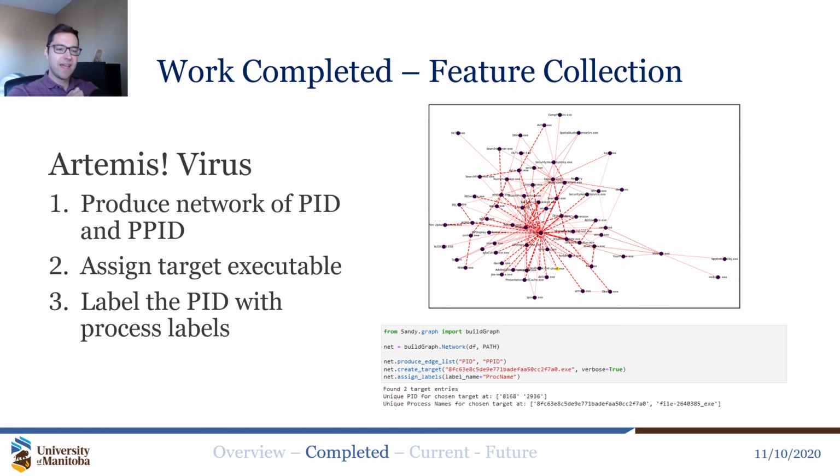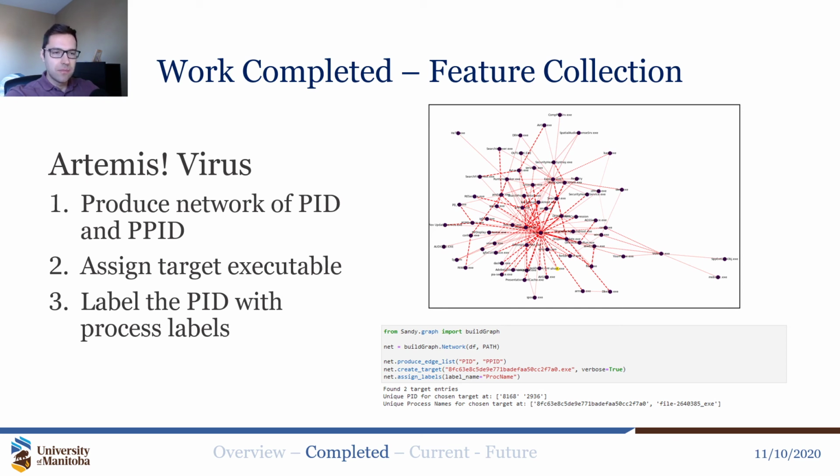And then we assign labels, which is just to say the nodes are by default labeled as their process identifier numbers, so we can name them as their process names. You can see in the top right illustration, all the nodes are labeled with the names of the processes. So when we set create target verbose equals true, we can see a little bit of